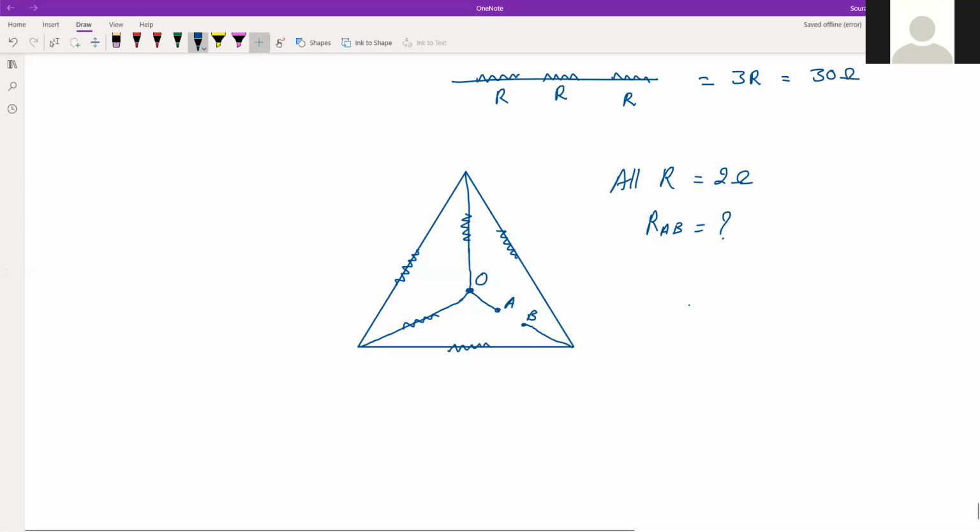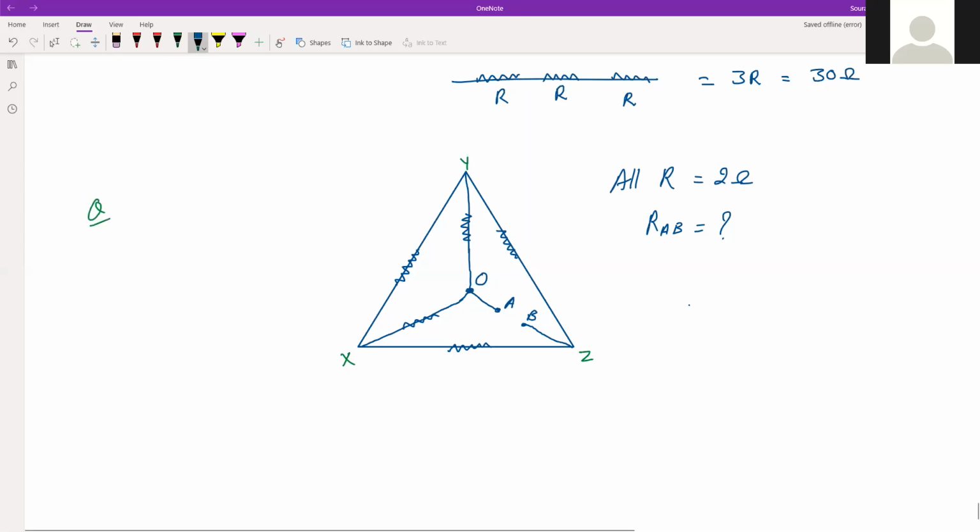Again, the same method we are going to follow. That is, we are moving from A to B. Now for that you will have to come to A to O, and then again we have two options. Let that be, say, P or Q. So from P or Q, you will have to come back to this point. Say this point is R, not R, because R we are using for resistance. So, let's not even take this. Say these points are X, Y, and Z, right?